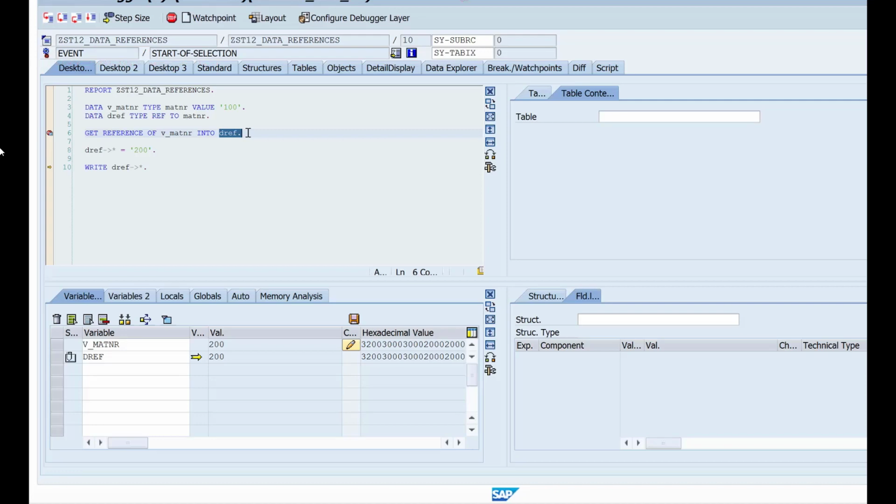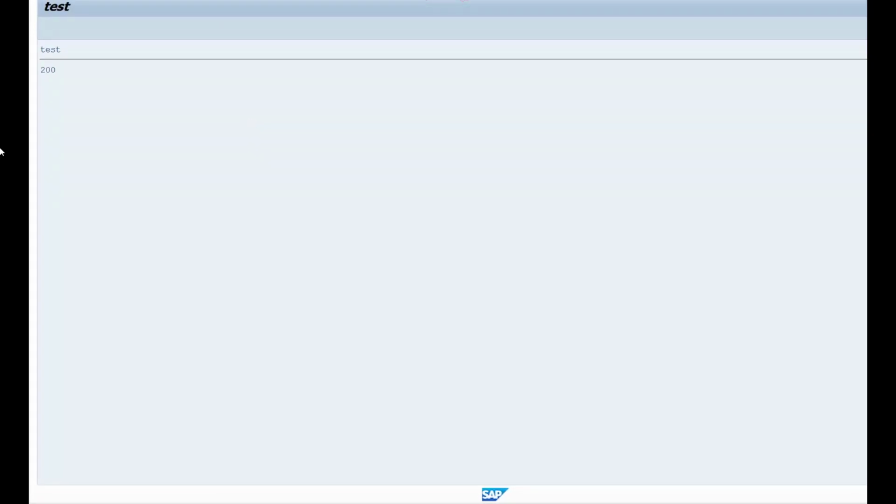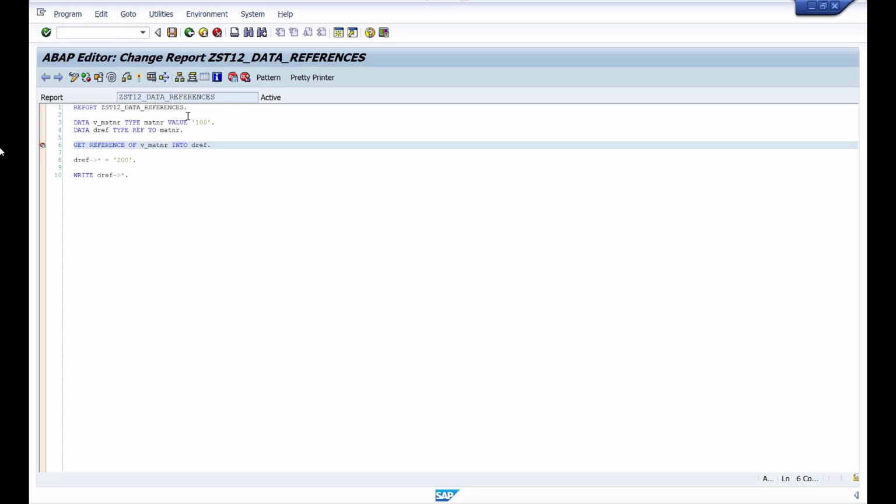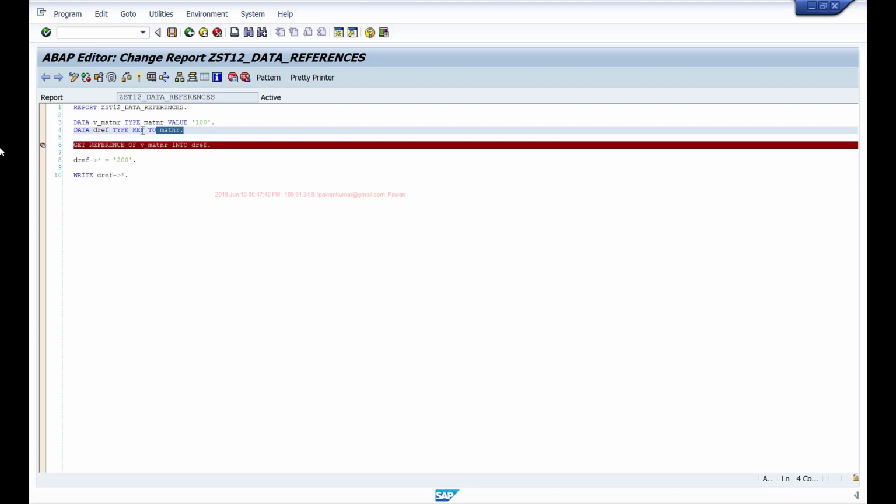Okay, the basic difference between field symbols and reference variables is that a field symbol directly points to the memory, whereas with data references you only get the reference to the memory of the data object. So you basically get the memory address of the data object. Now, when we are using data references like this, where I know statically that this is a matnar field and I'm typing it statically while defining it, then nothing exciting, right?